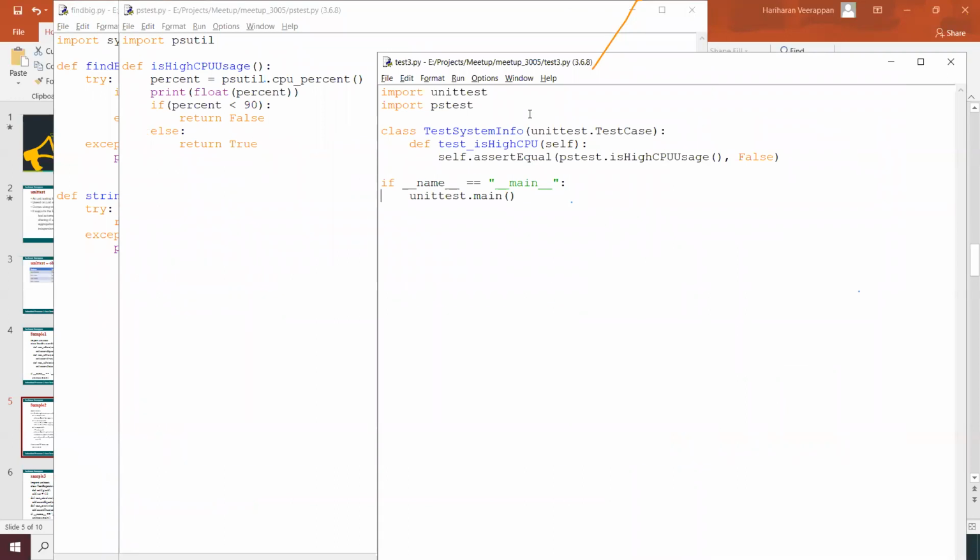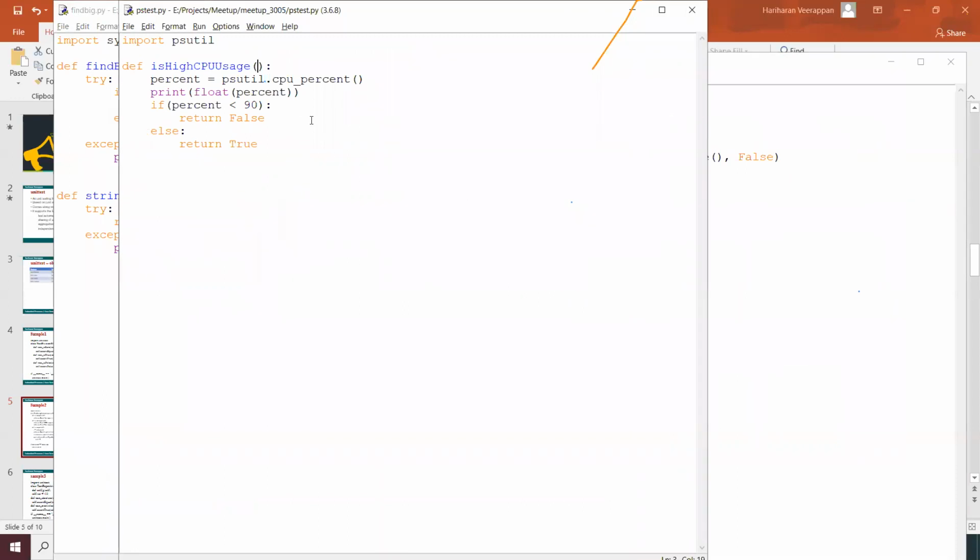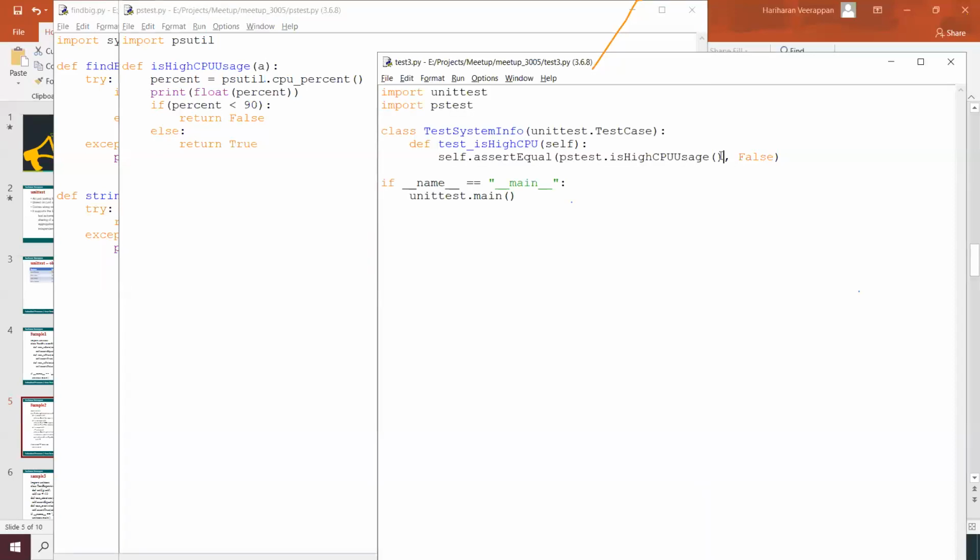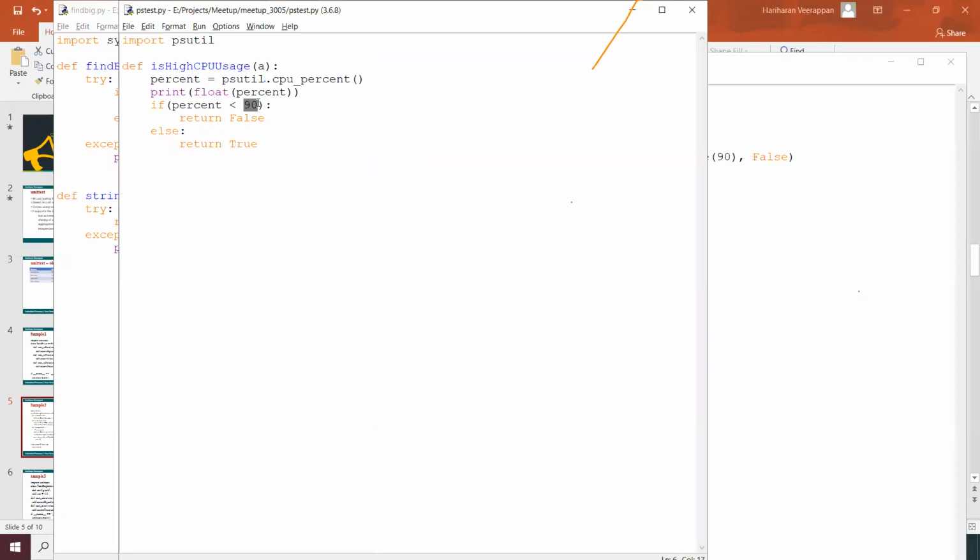In ps_test.py, inside that ps_test.is_high_cpu_usage of, I'm going to do something like this. Maybe I'm going to give the percent over here. If the CPU percent is higher than 90, then it should return false over here.